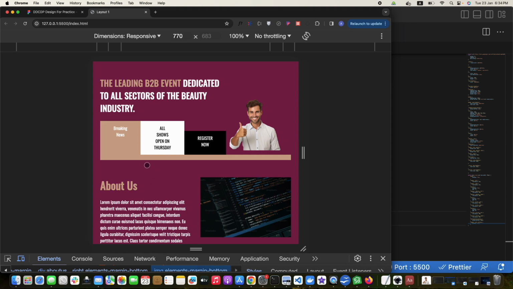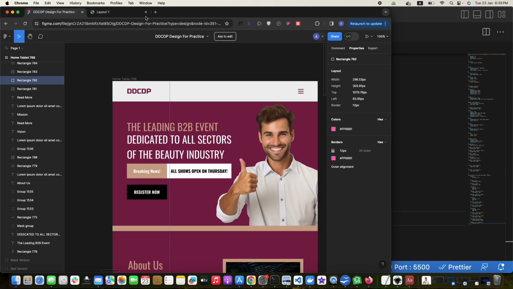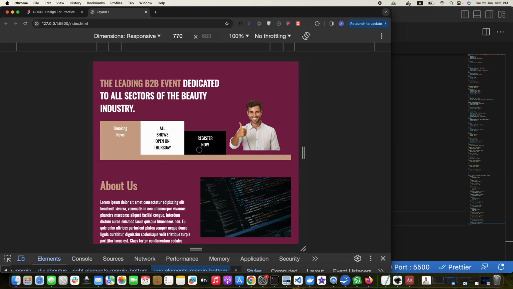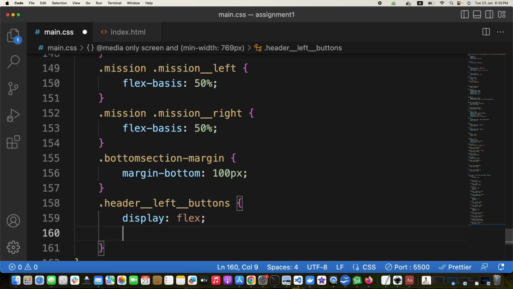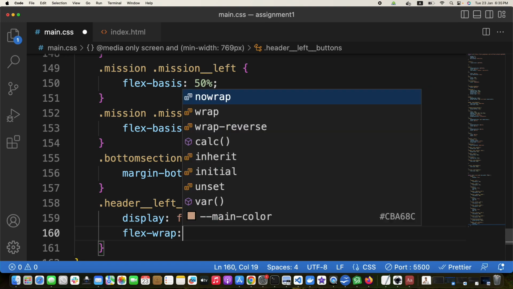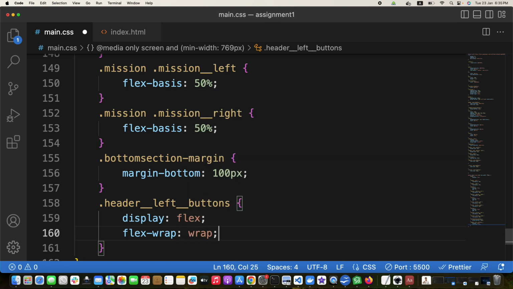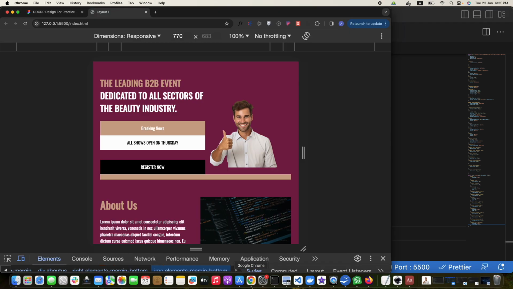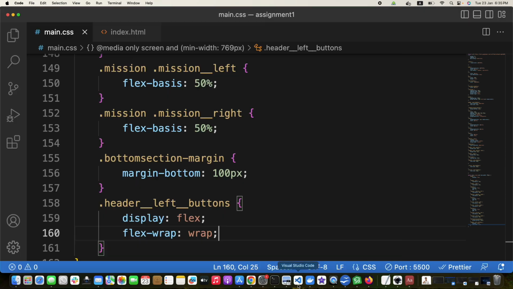If we don't wrap it, maybe all of them will be on the same line now. So all of these are in the same line. I don't want them to be in the same line. I want two of them to have a design like this, and then the third one on the second line. So what I will do, Shabas, we will make it flex wrap. Firstly, flex dash wrap, but it won't solve it for now, probably, or should it? Because we have 100% width on the buttons, on the elements. So what we will do is